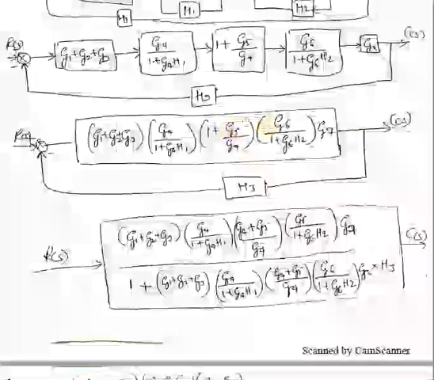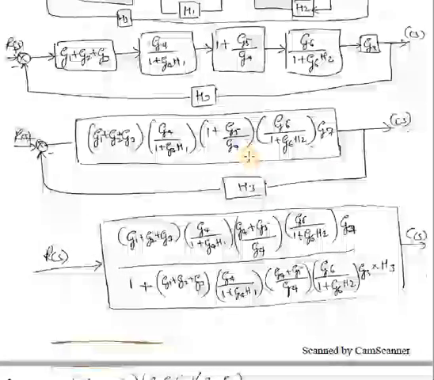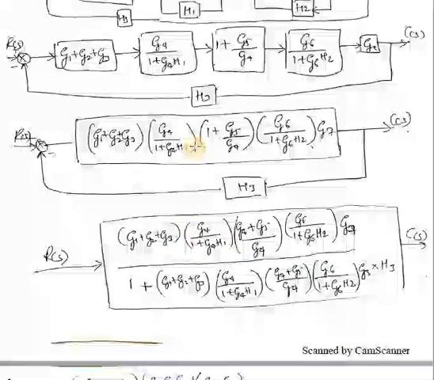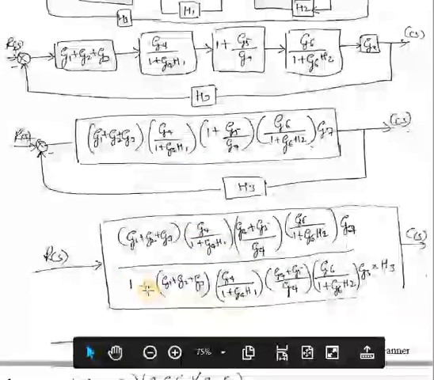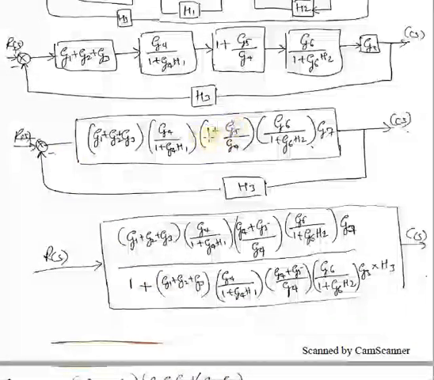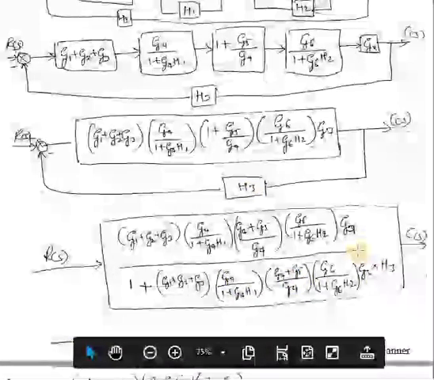So we can take it as a canonical loop. So to write the transfer function, in the numerator you write the transfer function as it is, divided by 1 plus, again here it is plus because it is fed with minus sign, this term into this term. Okay. So if you simplify that,